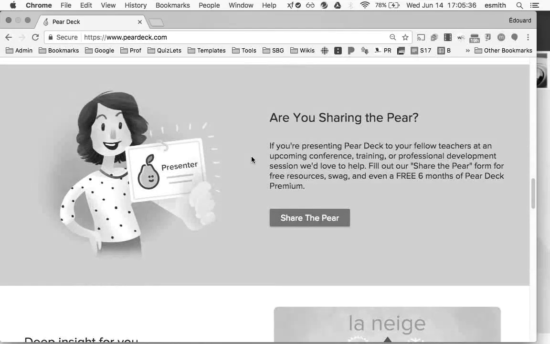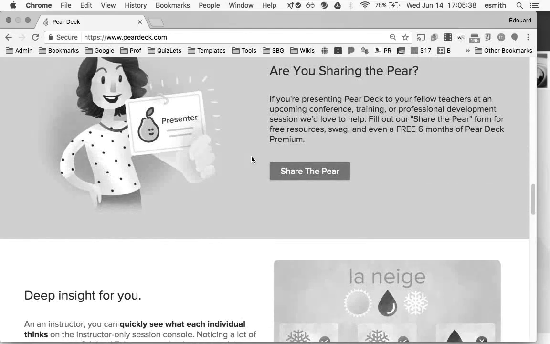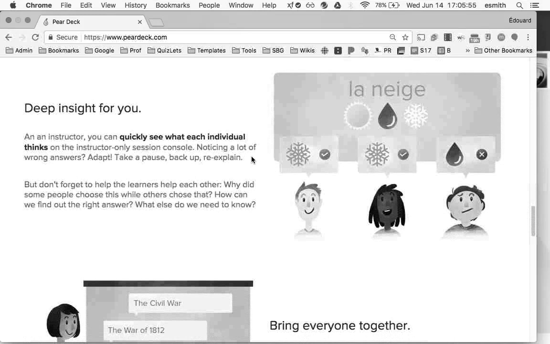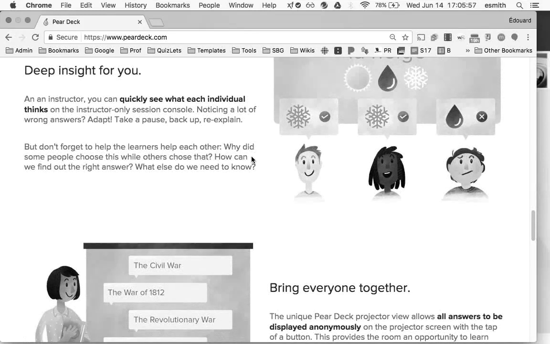And so Pear Deck, if you can see here, you can also share those Pear Decks with other teachers. So if you're working in your department and you've made a really good Pear Deck, you can share that with someone else, and vice versa. So you can see here, as I scroll down, you'll get that formative feedback to tell you how are your